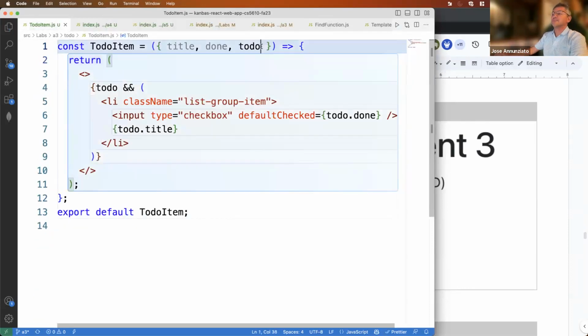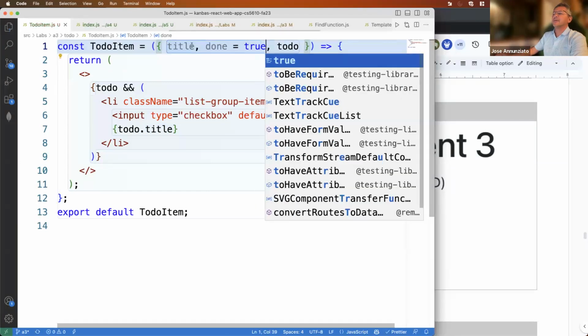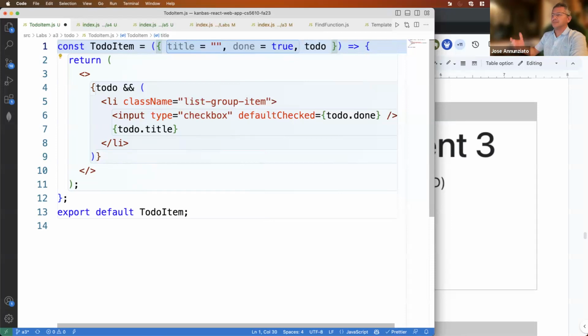But you can give it default values. So every parameter, every element here, you can give default values, meaning if you don't pass it to me, I can default to a value. So for instance, done, you can default it to be true. Title, you could default it to